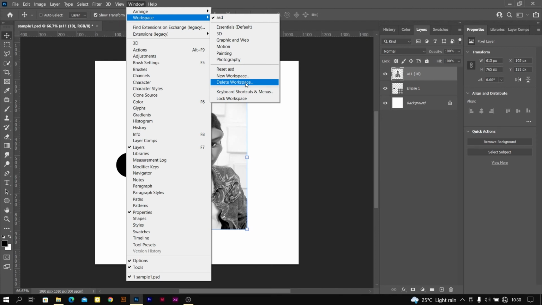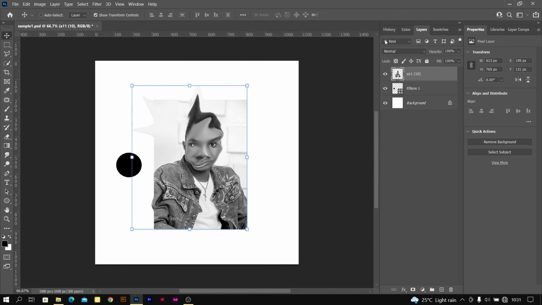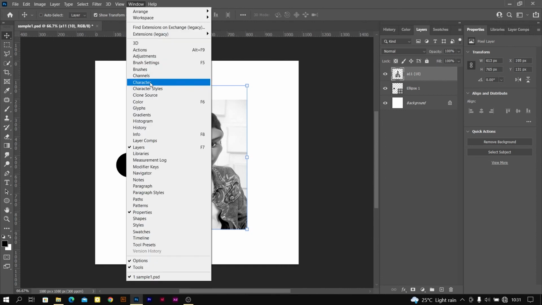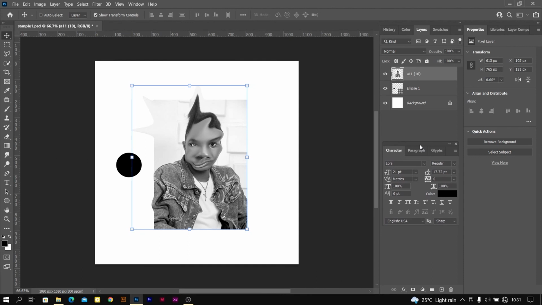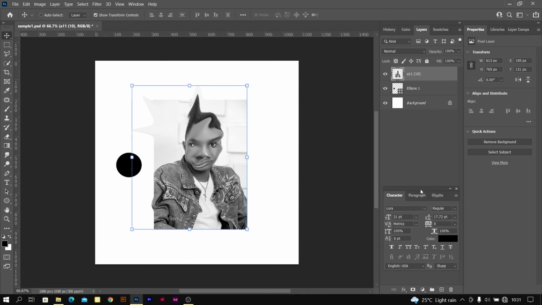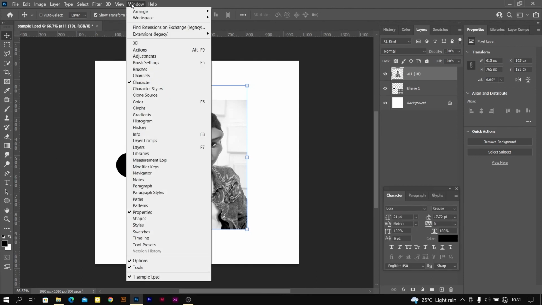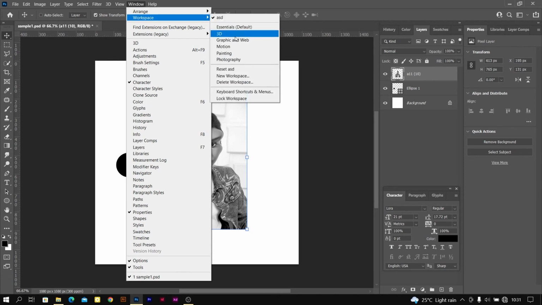So let me quickly show you how to create a new workspace. So let's say we have our essential workspace like this. Maybe you are the type that likes working with characters very much. Then you can just enable your character panel here. So after putting all the necessary panels, you can just come to Windows here, come to your workspace and click